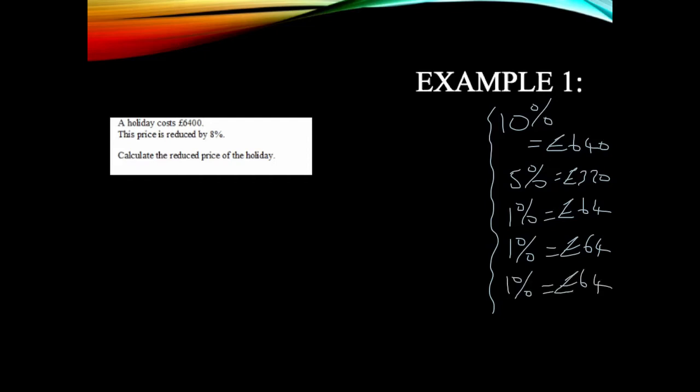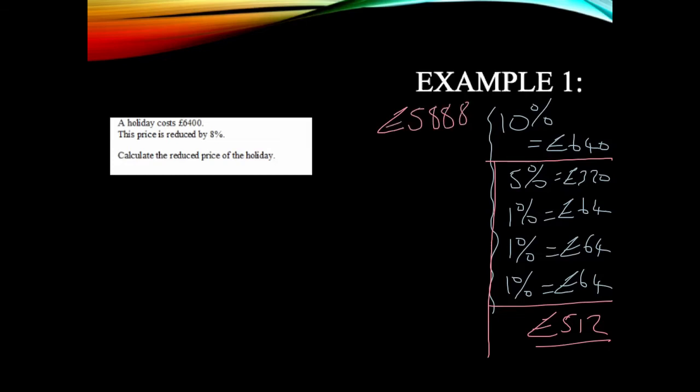Another 64. And then I can add this section here and get a final total, which is going to give me £512. Okay, so £512 is the amount that I'm going to reduce the holiday by. So I'd get 6,400 minus 512, and again I can do this either using a written method, or I'm just using my calculator here, but we're aiming for this value,